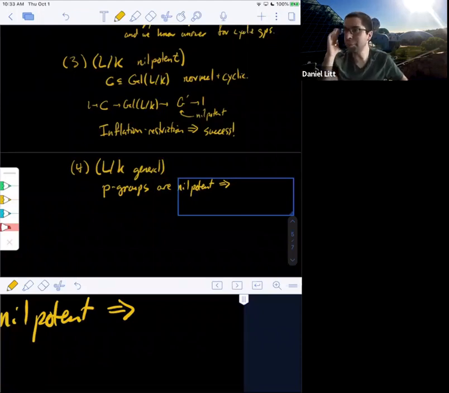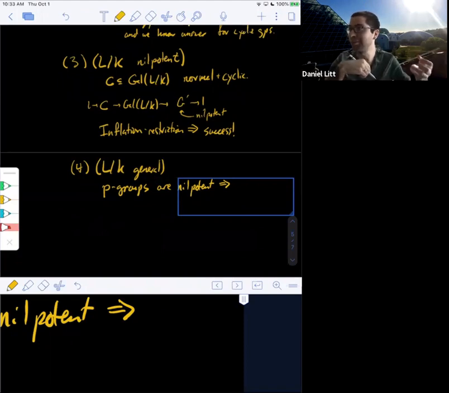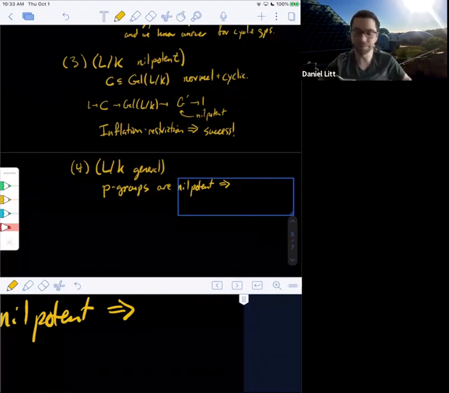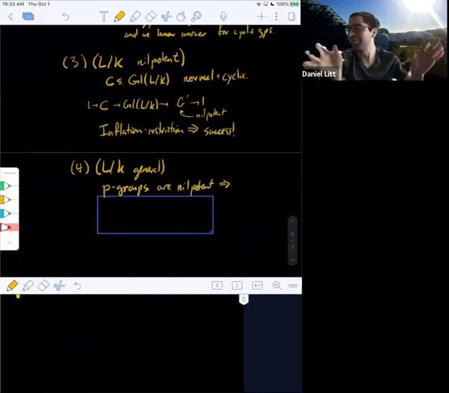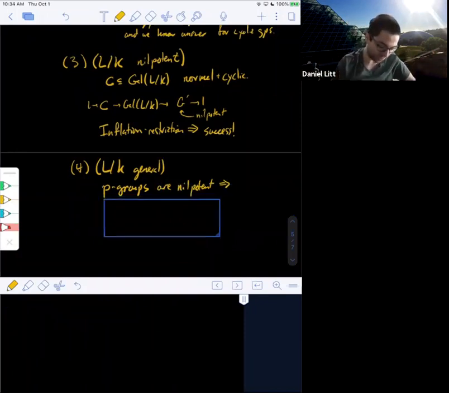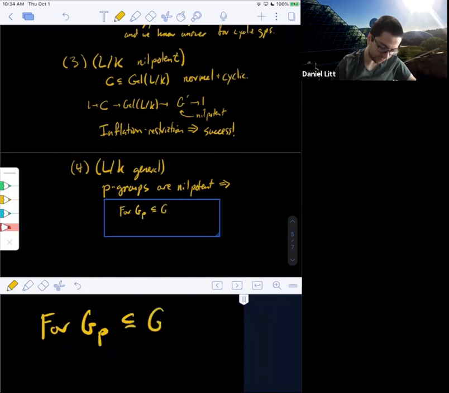So a p-group, does anyone remember this fact that a p-group always has non-trivial center? It comes from the class equation. Yeah, that's right. So you should review this if you don't remember this. But so a p-group is nilpotent, so why is that? It's because it always has non-trivial center. And now you can just keep quotienting by the center and your quotient has a center and you keep going. So that at least shows it's solvable, which is all you need. But in fact, they're nilpotent. Yeah, so that's the idea. You should try to also turn that sketch into a proof that they're nilpotent. It's not hard.